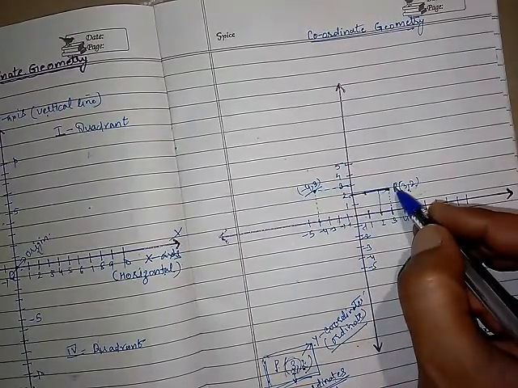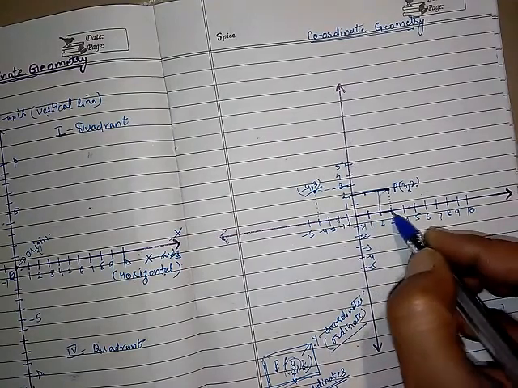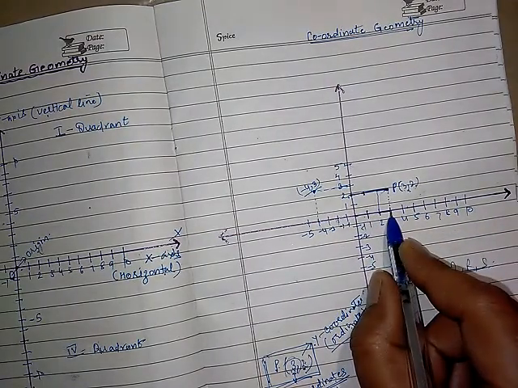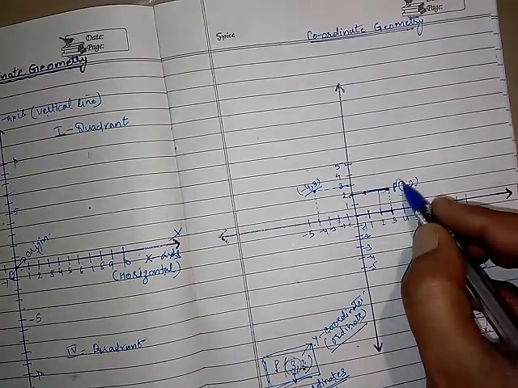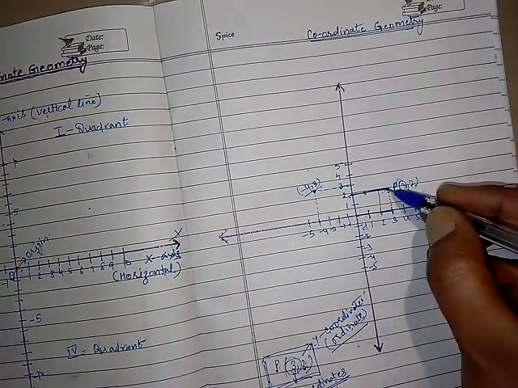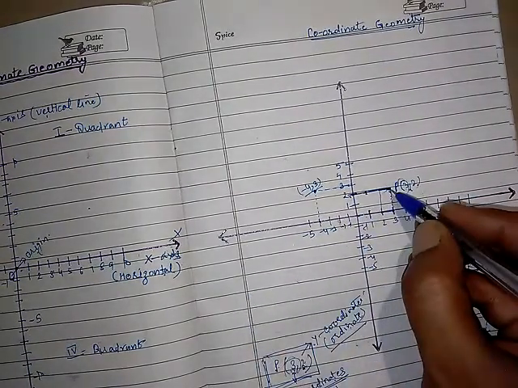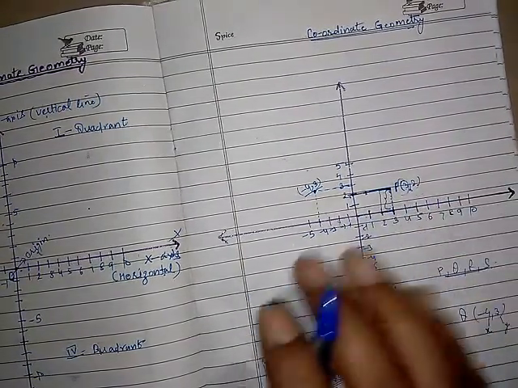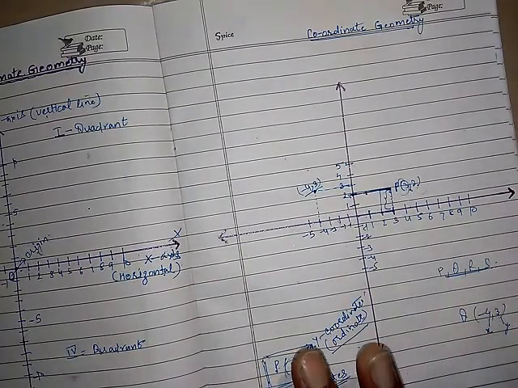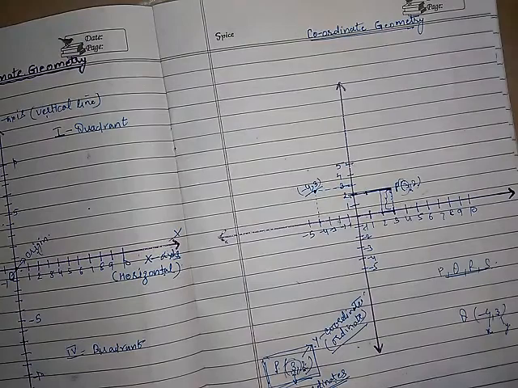Means distance of any point from the y-axis. It means you need to count the x coordinate. Okay, that is 3 units. If you need to find out the distance of this point P from the x-axis, then you will count along the y-axis. That is 2 units. So practically you can do like this in the starting, otherwise in the exam you can do it directly, because this is only a 1 mark question.